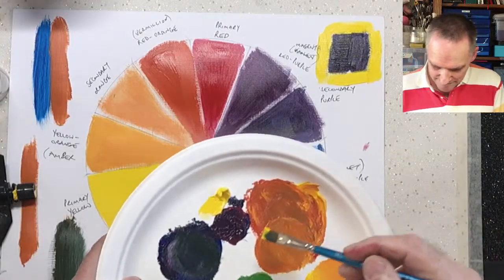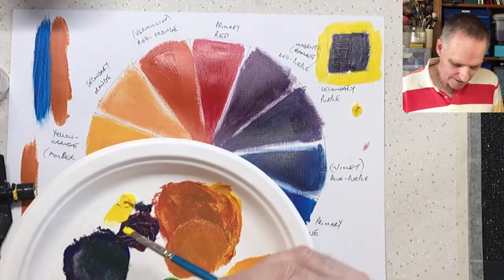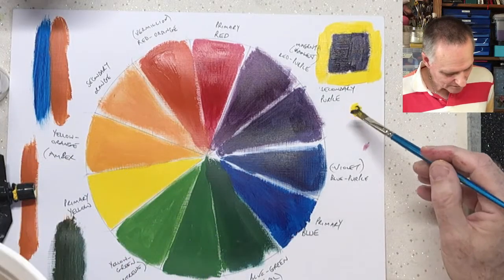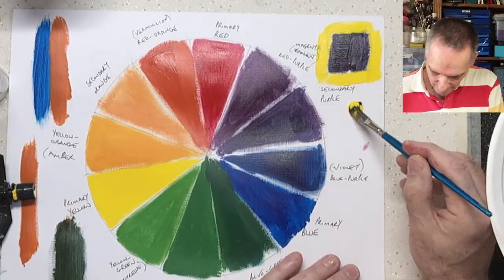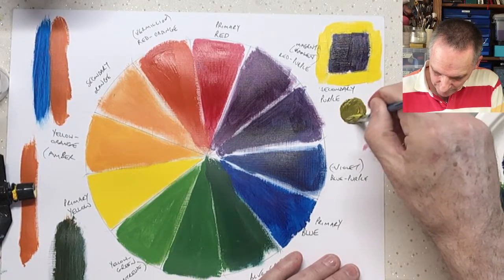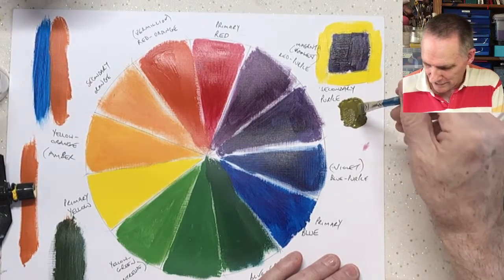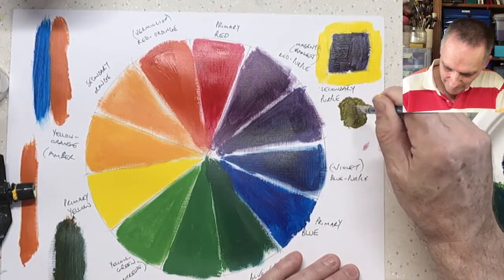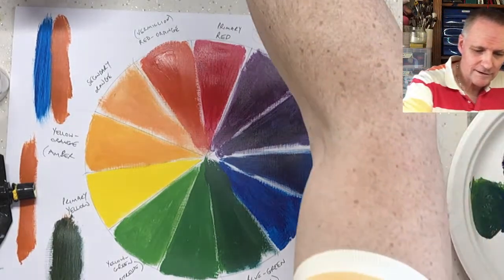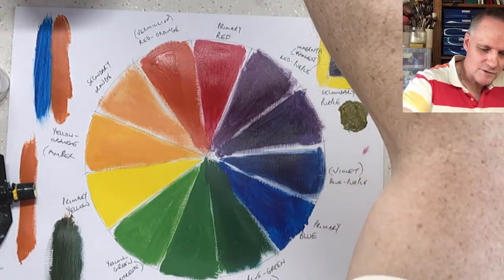But if we were to mix that purple, let's put some yellow on there. Nice bright yellow, and then pick up some of that purple that we've got left and mix it in with that. See, it's all muddy, horrible, it's going to sort of a greeny, browny green, I'd say that is. Sludge, yeah. It's not a particularly pleasant colour, and that's what you hear artists sometimes say, oh, it's gone all muddy, and that's usually because they've mixed